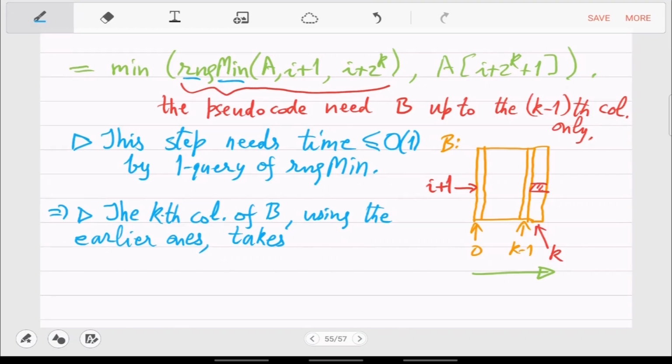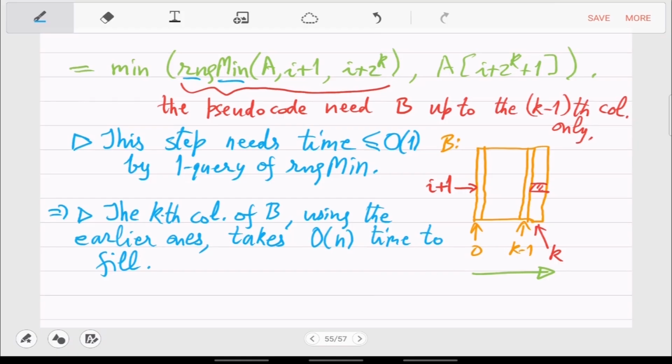Per element constant, so order n. To fill. Okay, so the kth column can be filled by these successive calls to queries, n queries, so order n time.